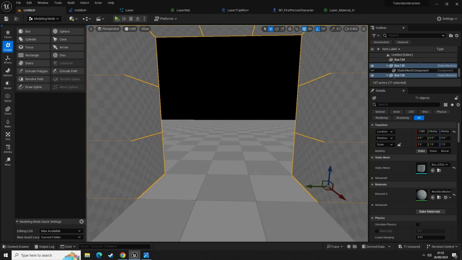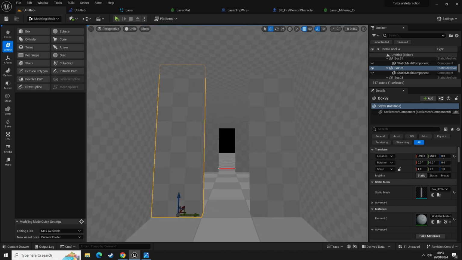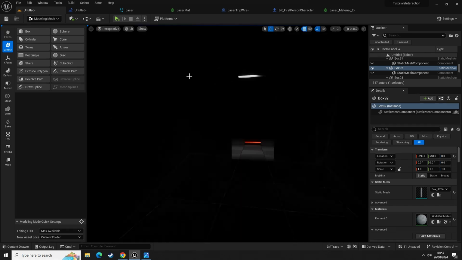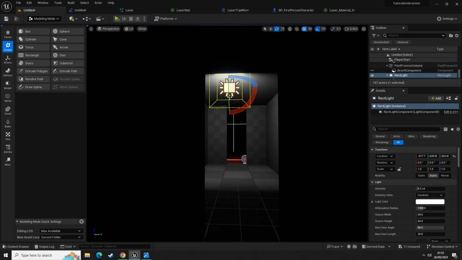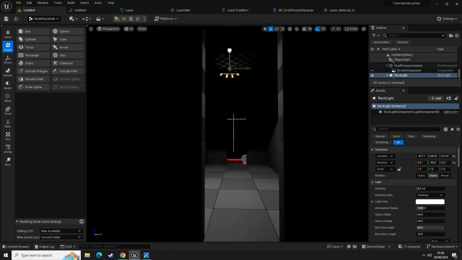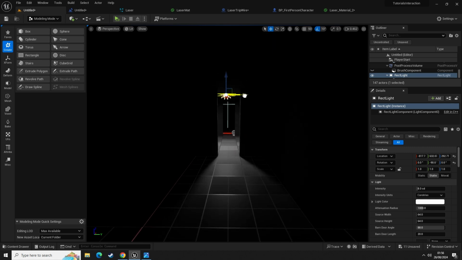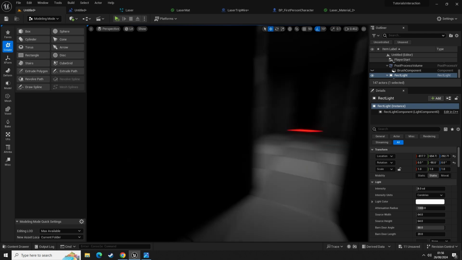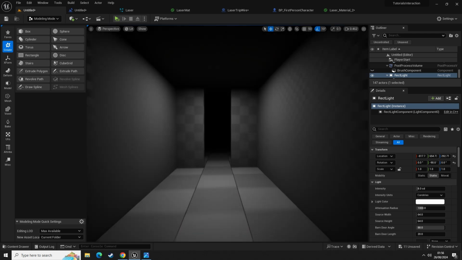So we have a corridor, and we have a panel here, and what we're going to do is, let's go back into lit mode and see what this looks like. Let's drag that down a little bit and let's rotate it 90 degrees. Let's bring that up, turn off snapping, bring it down and across. Okay, so we have a corridor and we have a couple of doors, very interesting looking doors, and